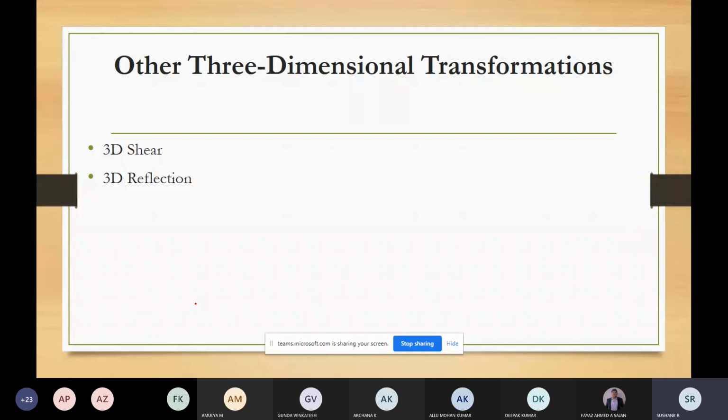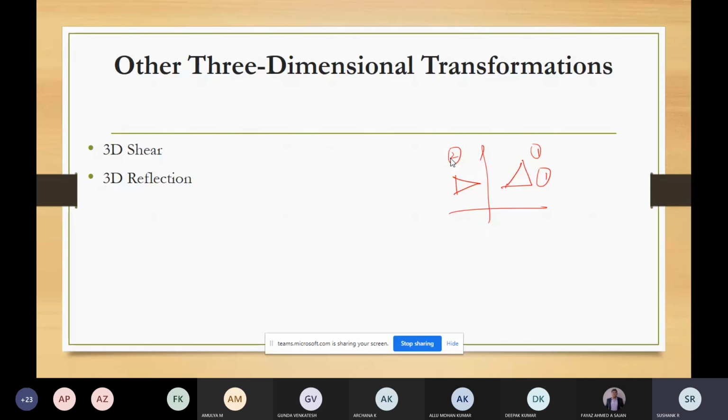So what we did in 2D: if there was a triangle and you performed a reflection operation, you got this triangle, which was the reflection of the one on this side. It was in the first quadrant, and the reflection was available in the second quadrant. The same thing. So the 3D reflection matrices are set up similarly to those for 2D, where for the given axis we provide a 180-degree rotation about that axis.